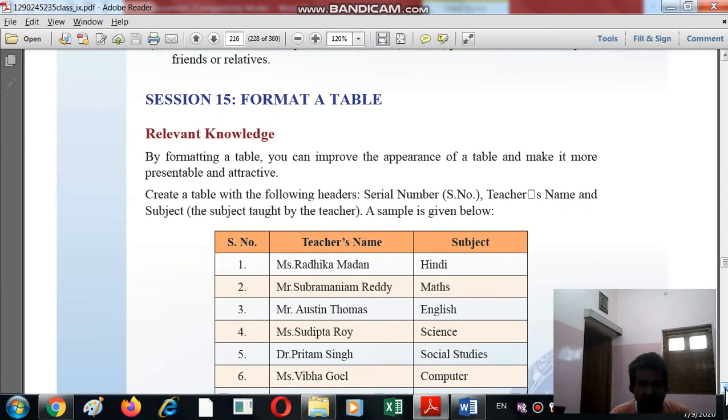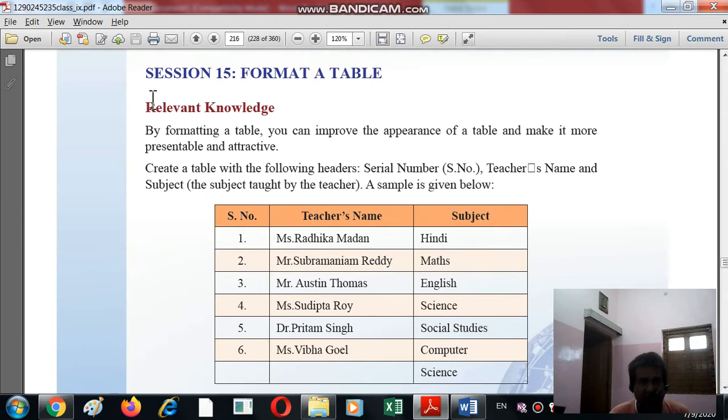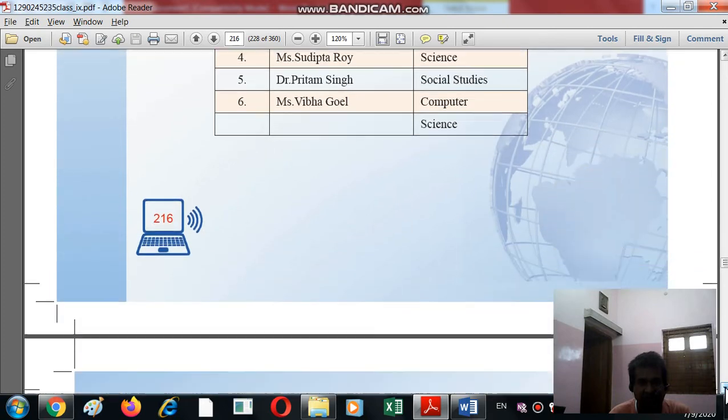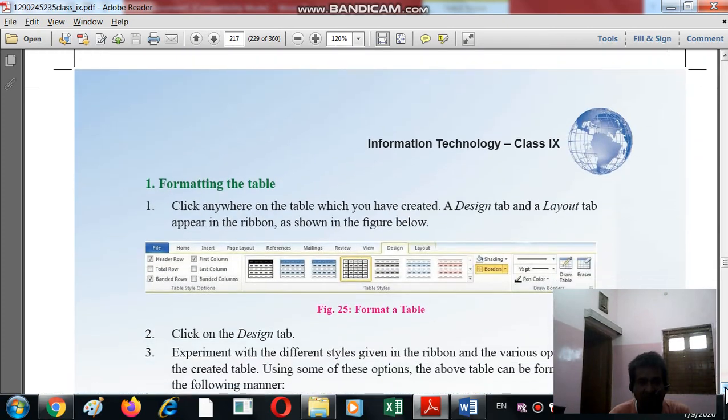Now whatever table we have inserted, we can format it. By formatting a table, you can improve the appearance of the table and make it more presentable and attractive. See the look. Now how to format?